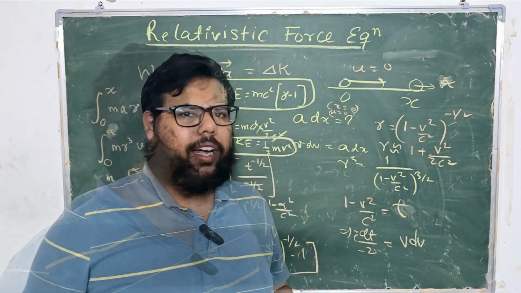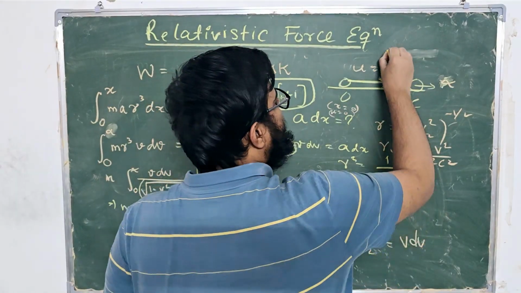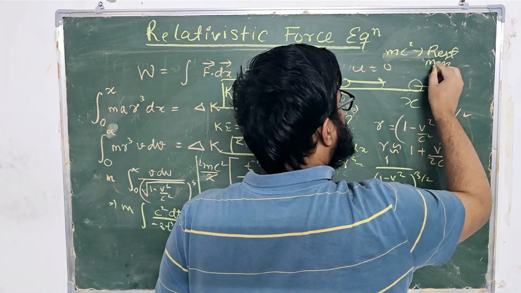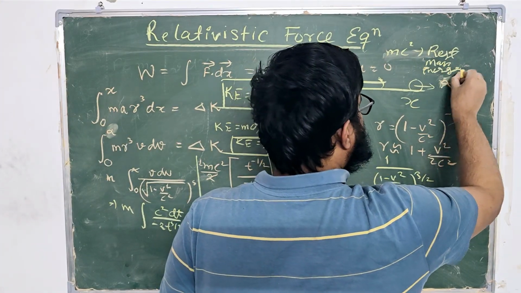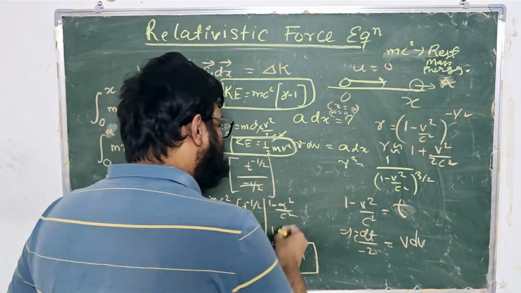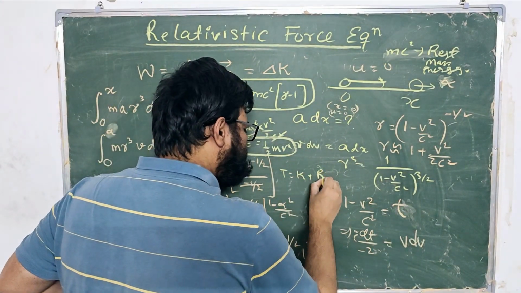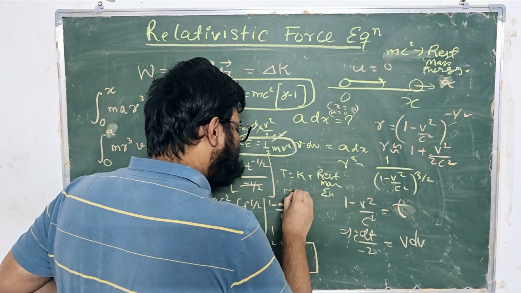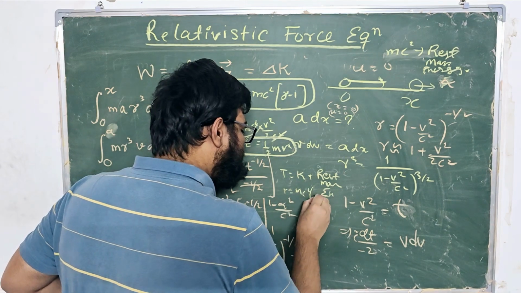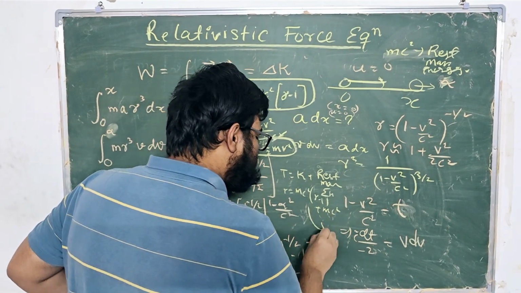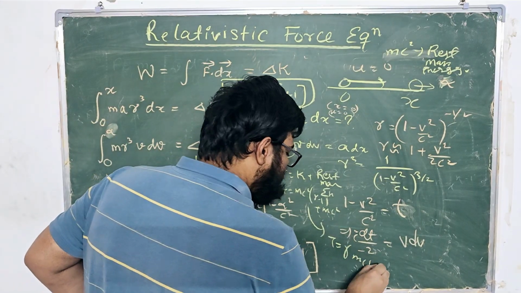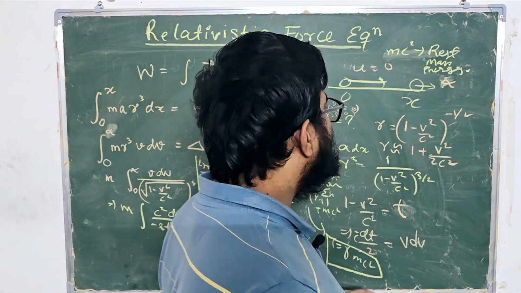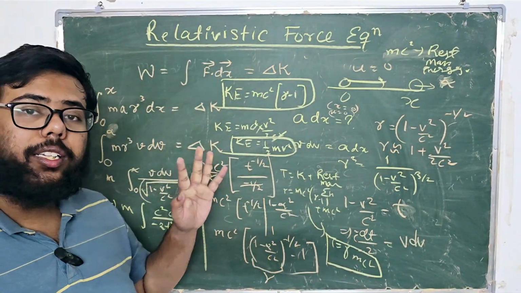relativistic force. And one more thing over here, we call mc square the rest mass energy. So the total energy of an object is kinetic plus rest mass energy. So it is mc square times gamma minus 1 plus mc square. So total energy of the object is gamma mc square. Now don't worry, I will tell how mc square is derived, but not in this lecture, in some other lecture